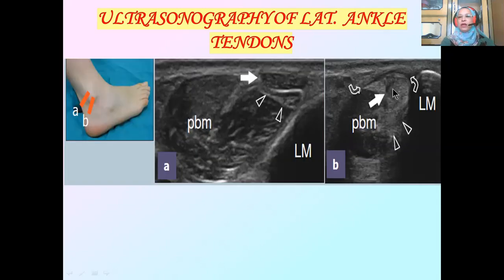This is peroneus longus tendon. This is peroneus brevis tendon, which is more apparent with a smaller part of peroneus brevis muscle around it. The third position also